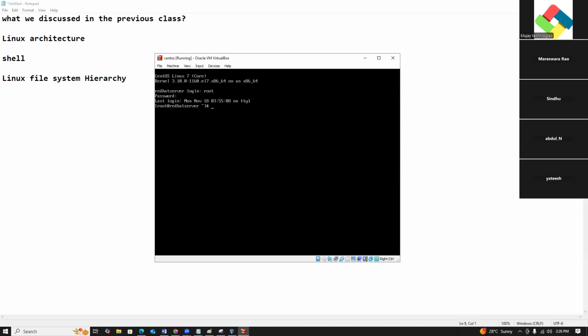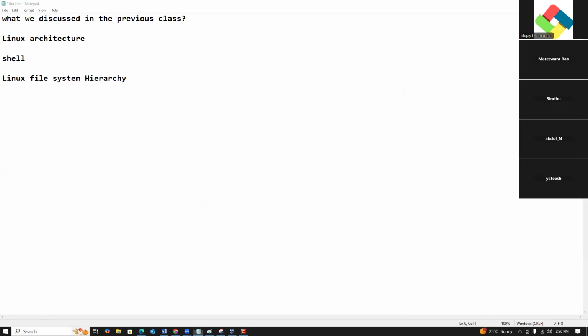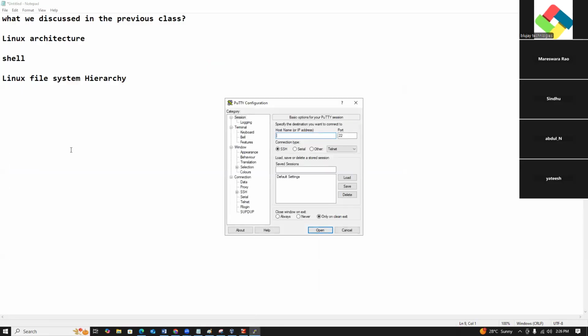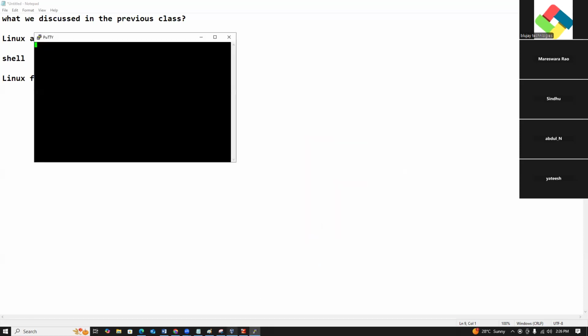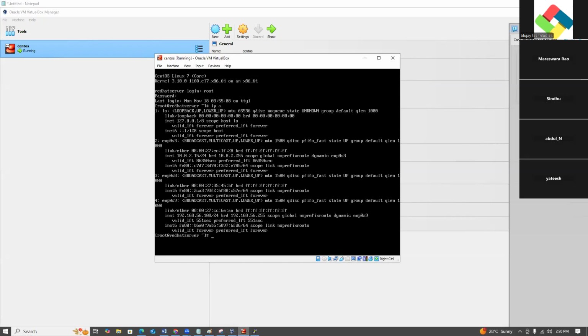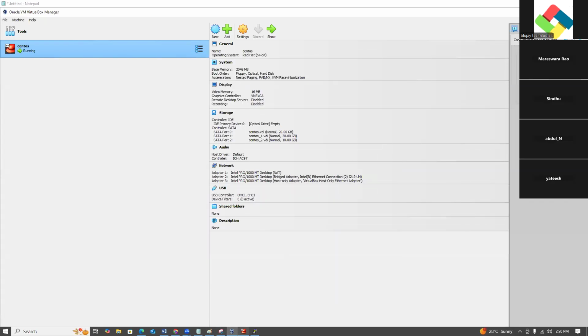I'm connecting to this server via PuTTY. 192.168.56.108.